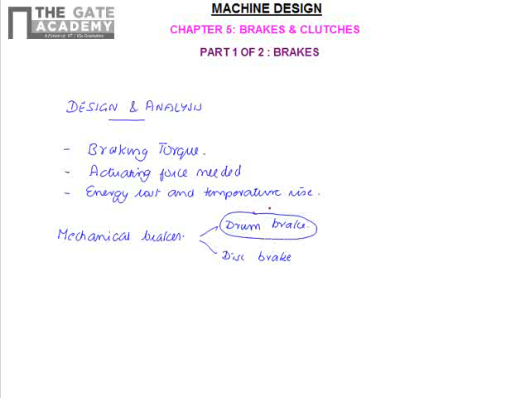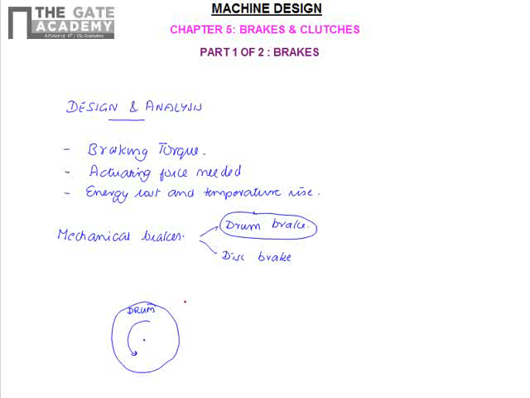So a drum brake basically consists of a rotating body called the drum, whose motion is braked together with a shoe mounted on a lever, which can swing freely about a hinge axis